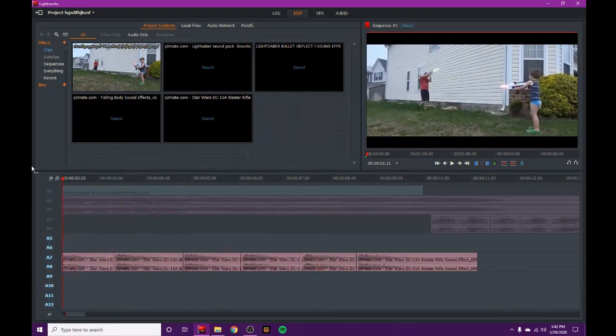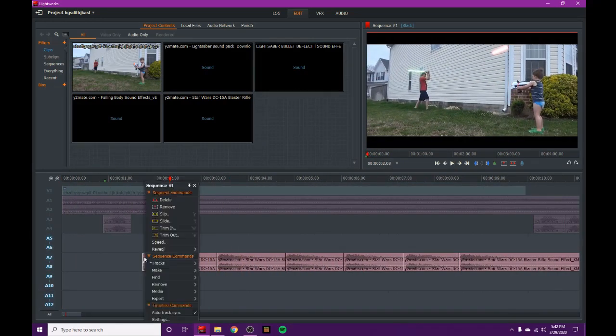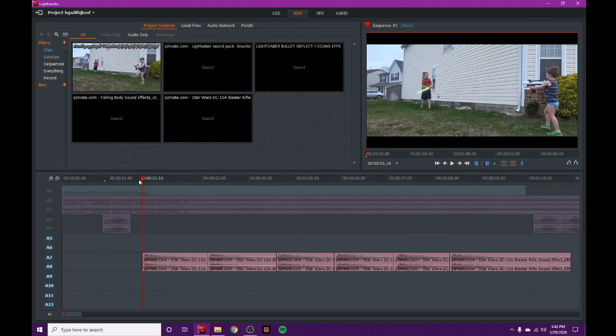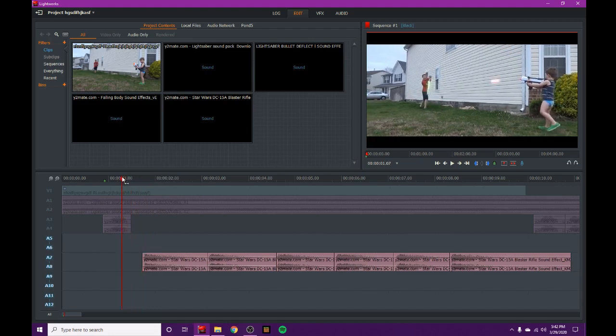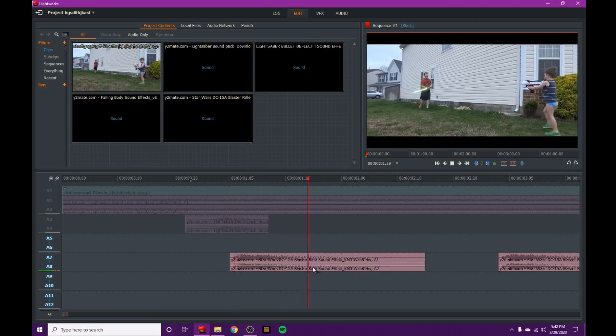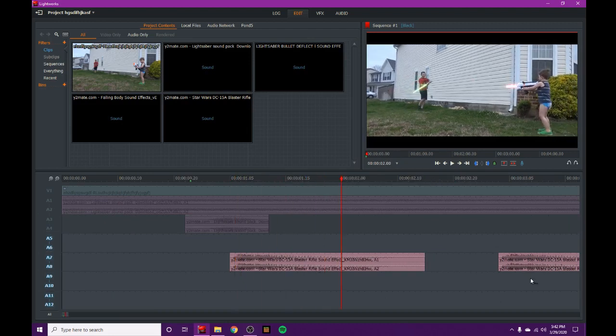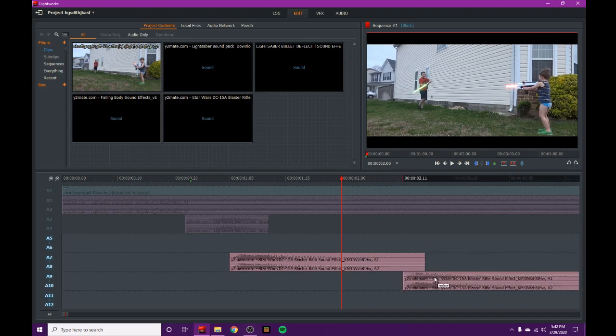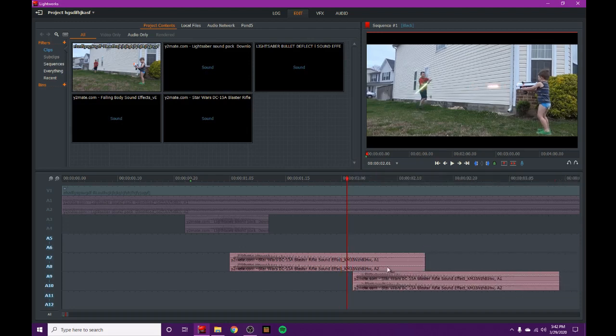Alright, now we've got these chopped up, so we're going to get rid of this start one and find where we placed our first blaster fire effect. So right there. And we're just going to drag up the sound effect. You know the deal. Boom. And there we go. Then we can drag in more for each